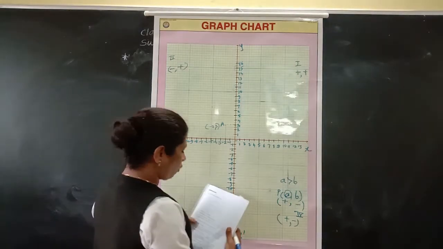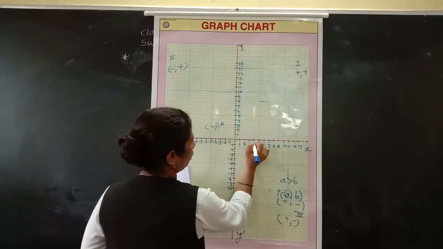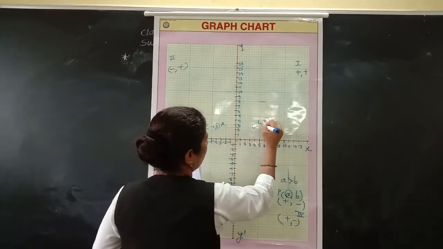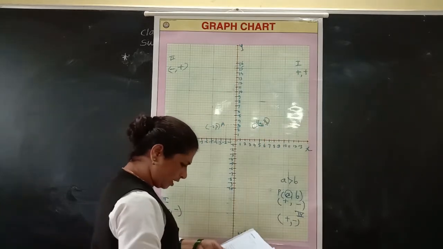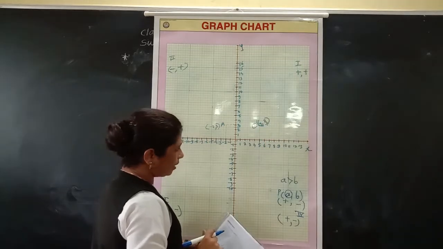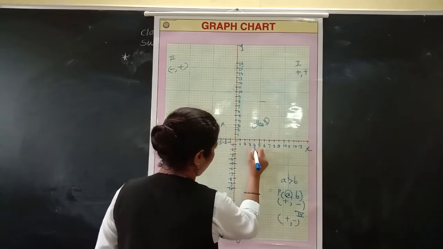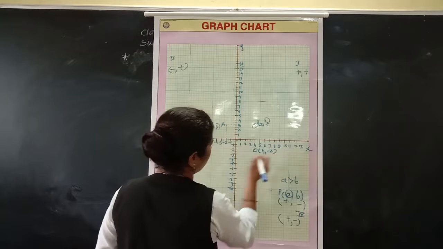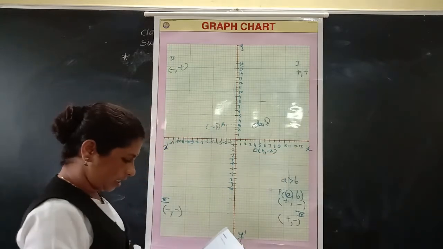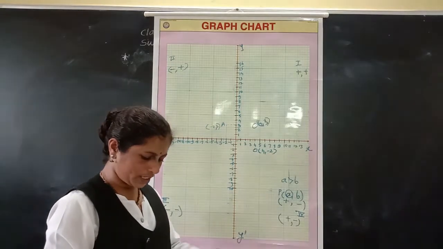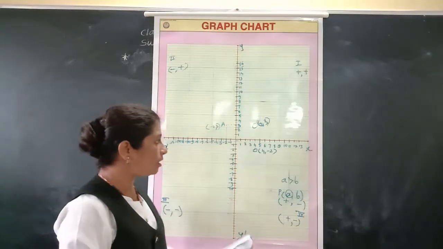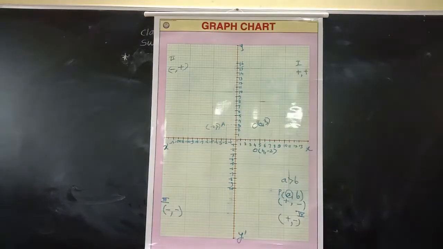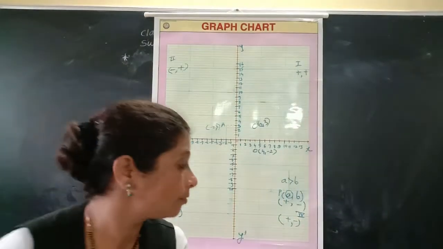See here, (4, 3) means here 4 and here the point will come at 3. Okay, (4, 3), and the second point is (4, -2). So here same, (4, -2), right? Now the question is, these 2 points, whose coordinates are given, lie on a line, which means we have to draw the line from this, okay? So here we will draw the line.